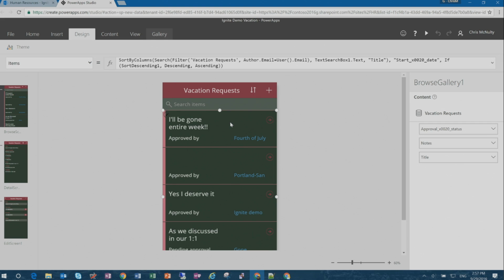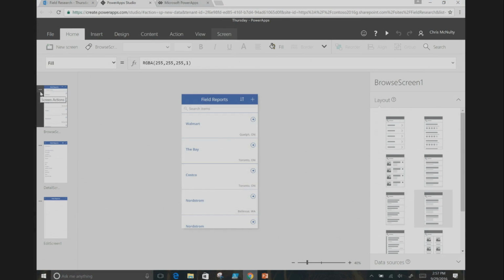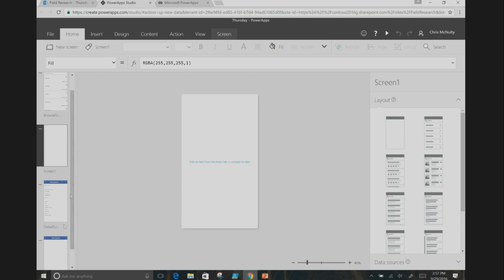Yeah, go ahead. I just wanted to address the one question. I'm going to just jump over to a different Power App. I just wanted to illustrate this concept for you. This is one I actually built in a different list in the last 30 seconds. This is brand new. Welcome to the world, baby Power App. If I wanted to add a new screen here, I can say, add a new screen, and it's going to stick it there. I'm going to take it, drag it,